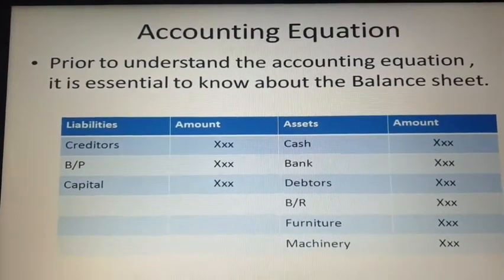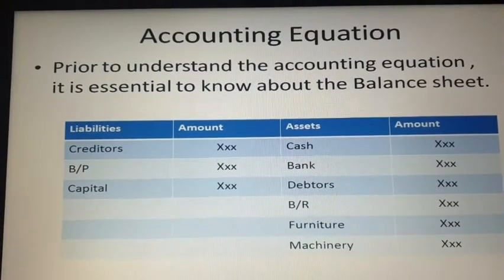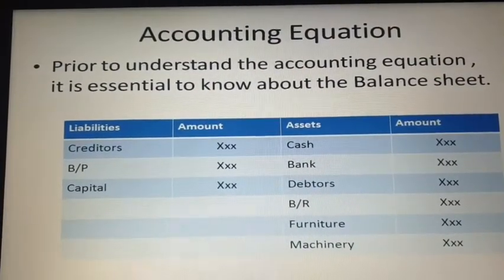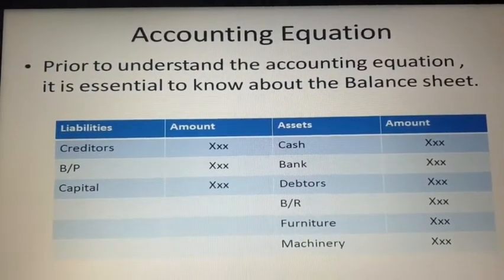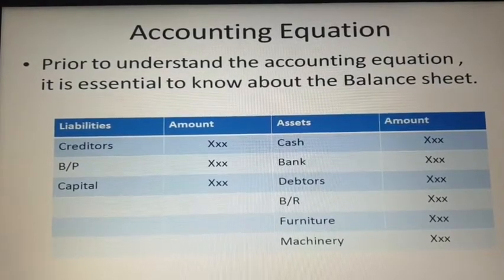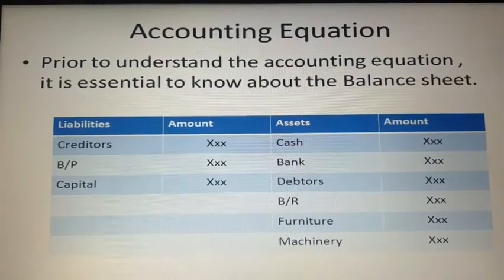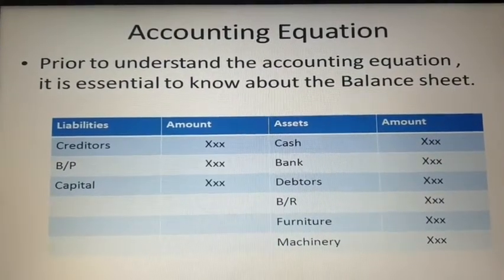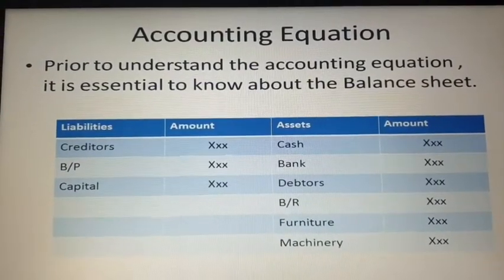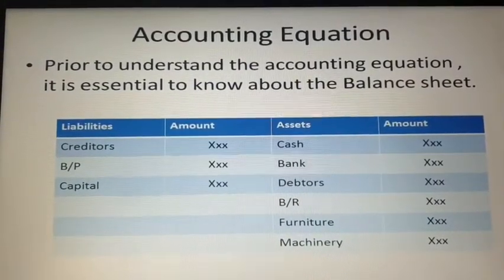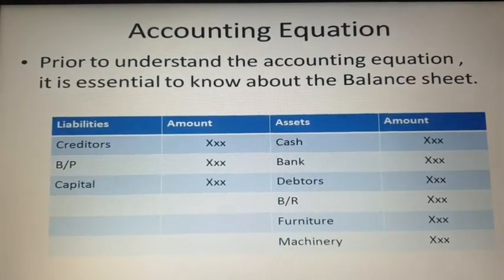How do you prepare a balance sheet? There are 4 columns while preparing a balance sheet: liability, amount, asset and amount. On the right hand side you have to mention the assets, and on the left hand side you have to mention the liabilities. There are a number of assets in the business. It may be current assets or non-current assets, that I already told you in chapter number 2, that is basic accounting terms.